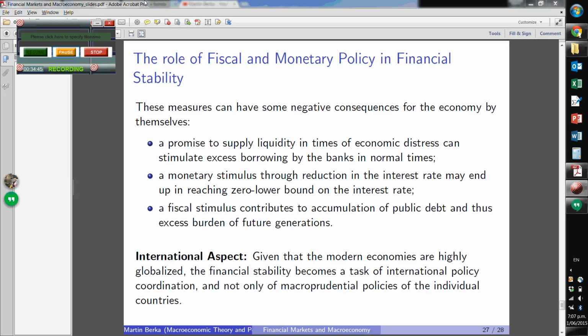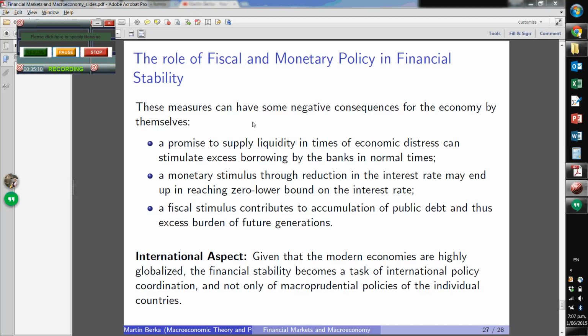So the financial stability policy, so macro-prudential policy instruments, and lender of last resort, sort of stopgap measures that help the economy avoid a crisis or get through a crisis, have unfortunately also negative consequences. In this case, we'll just highlight three. The first one is sort of moral hazard aspect, which is